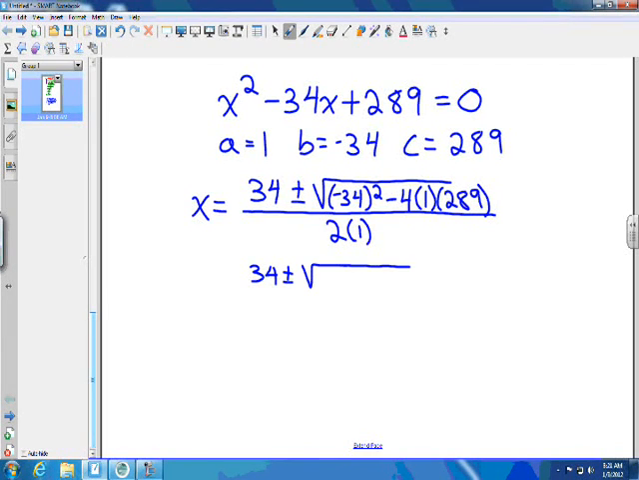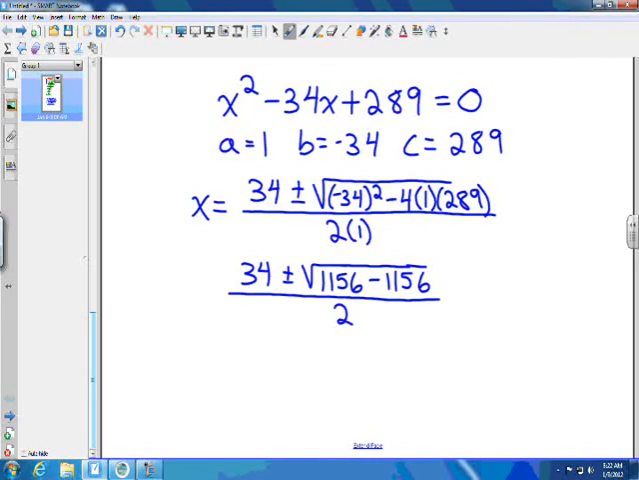So what's negative 34 squared? 1,000 what? 1,156. And then negative 4 times 1 times 289. No, that's not what's in there. You got to take that minus 34 squared. Yeah, that's what I'm getting at, right? This is 34 squared, right? So then we have minus 1156